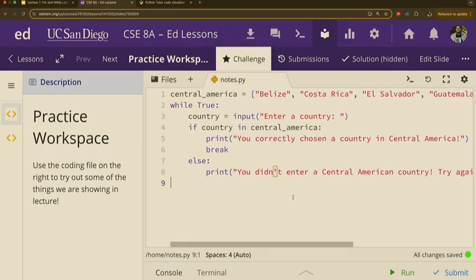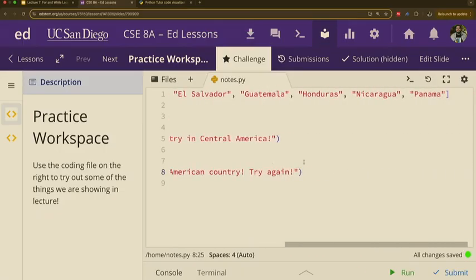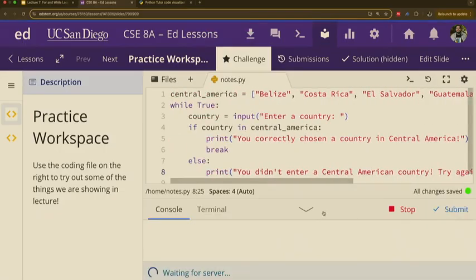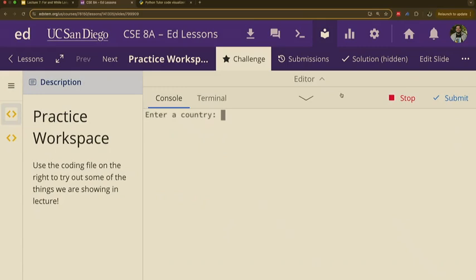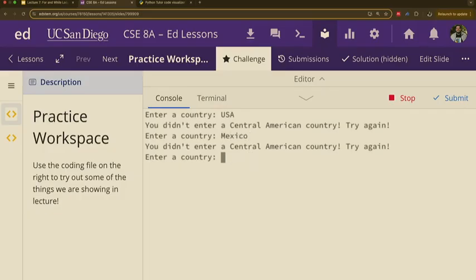So now if we run this, shout out a country, any country at all. USA. That is not a Central American country. Try again. Mexico. That is not in Central America. Let's try again.